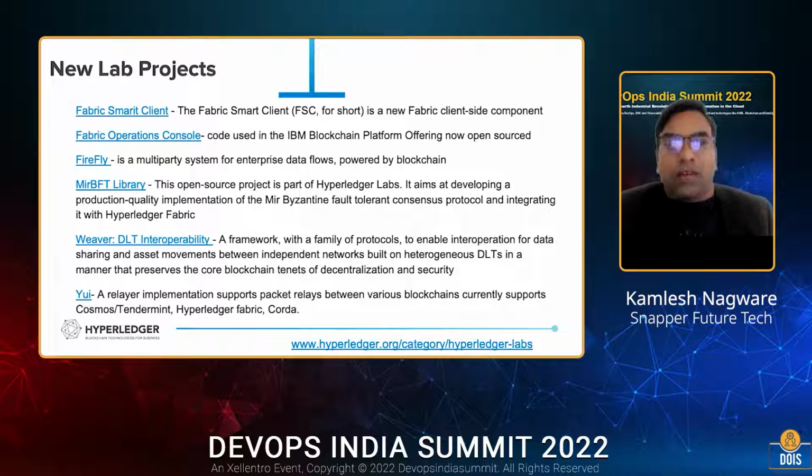For example, currently Hyperledger Fabric supports around 20,000 TPS, but in the enterprise world, where we're running blockchains for any financial system, it could be maybe 50,000 TPS. For example, MasterCard and Visa maybe process more than 50,000 TPS. So for building those kinds of innovations, there are a number of initiatives going on in the lab projects to bring those things. And interoperability is